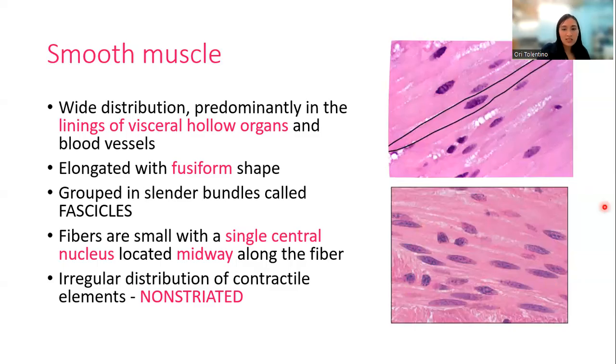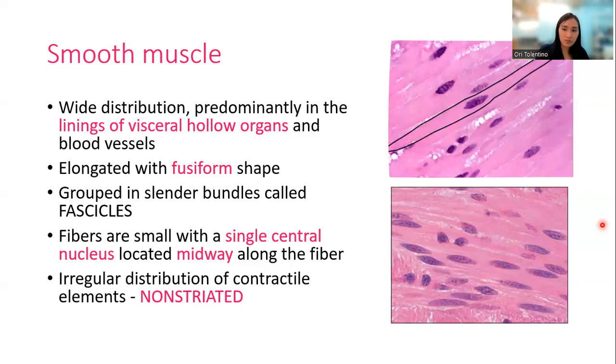You can notice that the smooth muscle cells have very little connective tissue in between them, so you almost cannot distinguish one cell from each other. These muscle fibers are spindle shaped, they look like this, which allows them to tightly interlace. They are stuck together in this arrangement. This arrangement helps them to unify their action when they contract. They are very close to each other, and there is less connective tissue, so they can contract efficiently together.